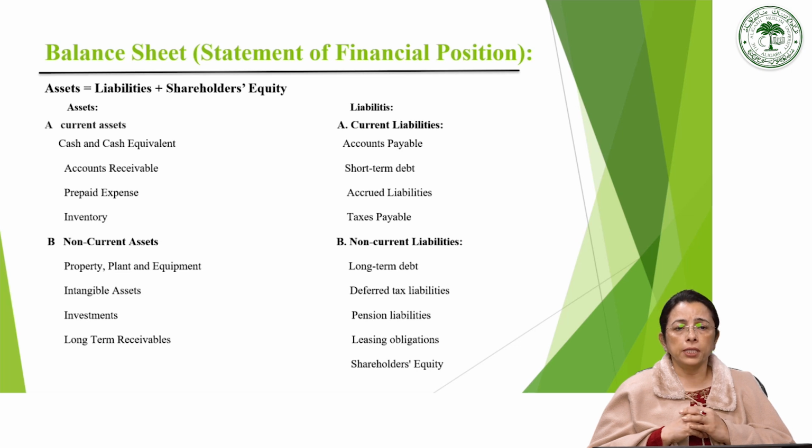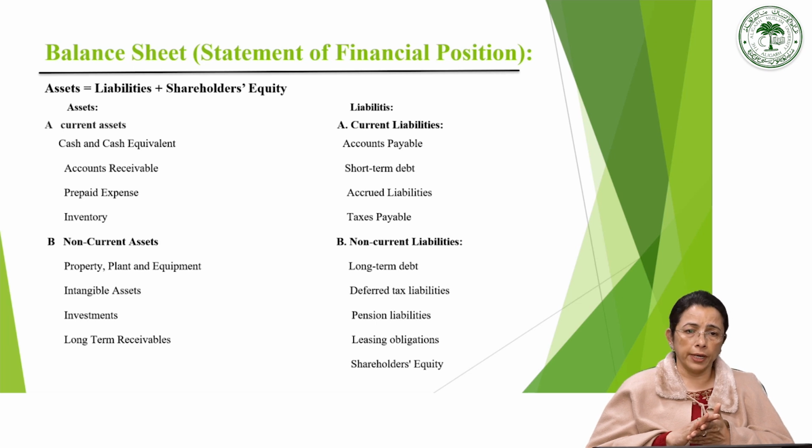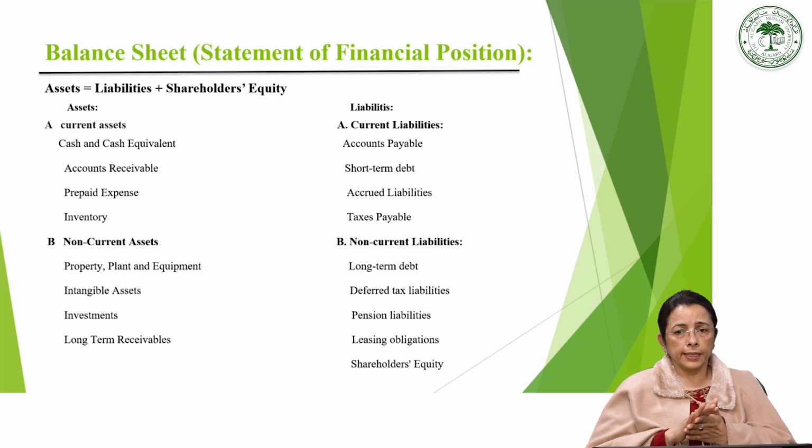Or maybe very easily converted into cash or cash equivalent. So therefore it is called the current asset, whereas the non-current asset or the fixed assets are those assets which cannot be very easily converted into liquidity or cash. Some of the entries for the current assets are cash and cash equivalent. That is, all the liquid assets include the cash on hand and bank account balance.